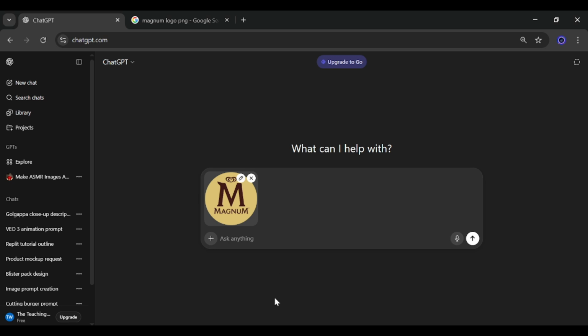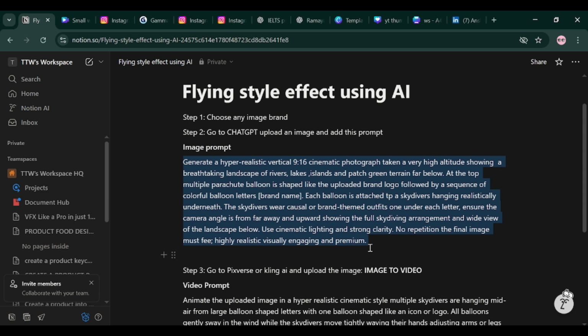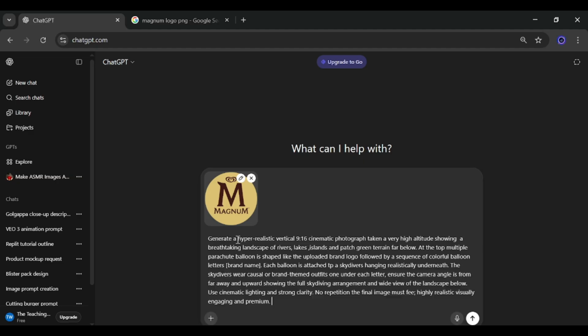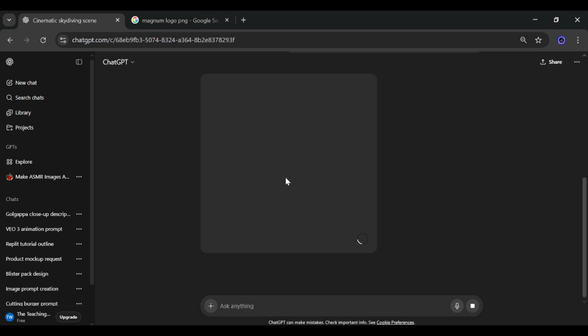Alright, and we are gonna go back to our Notion. We're gonna copy this prompt, image prompt, and go back to ChatGPT. And before sending it, there is something which we need to tweak. As you can see, here is a colorful balloon letters brand name. So we have to enter the brand name, and our brand name is Magnum. Okay, and send. So ChatGPT will generate our image, and let's see how ChatGPT reaches our expectations and how